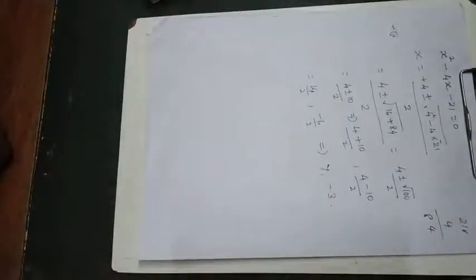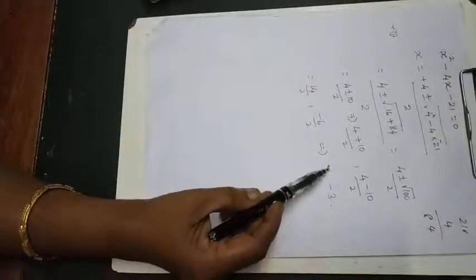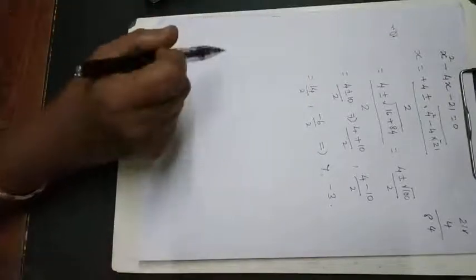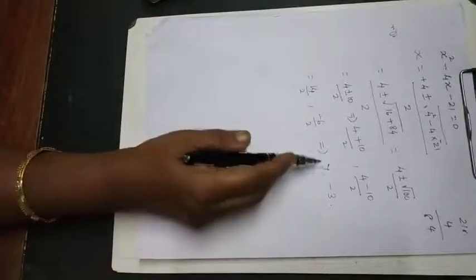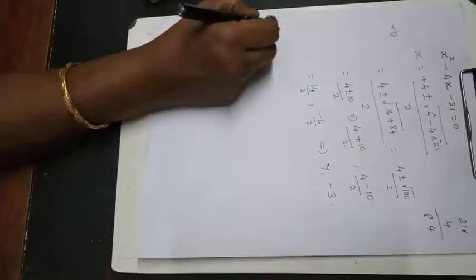So age will be a positive quantity. So you can take that 7 only, because negative 3, age is a positive quantity. So you have to select positive value, that is 7. Now Rahman's age will be 7 years. Okay. Then fifth one.